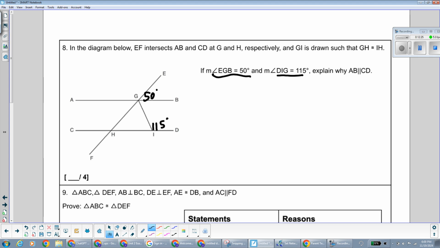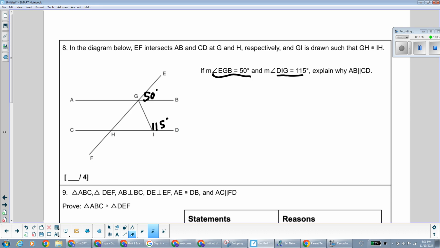Some people were saying this is 50 because they're corresponding angles. Or people were saying that something else has to be something else because they're alternate interior angles. You cannot say that because you do not know the lines are parallel. If you knew the lines were parallel, AB and CD, then you can use all of that. You can say this and this are this measure because of corresponding angles. This and this are this measure because of alternate interior angles. But since you do not know the lines are parallel, you cannot use that because it is not true unless